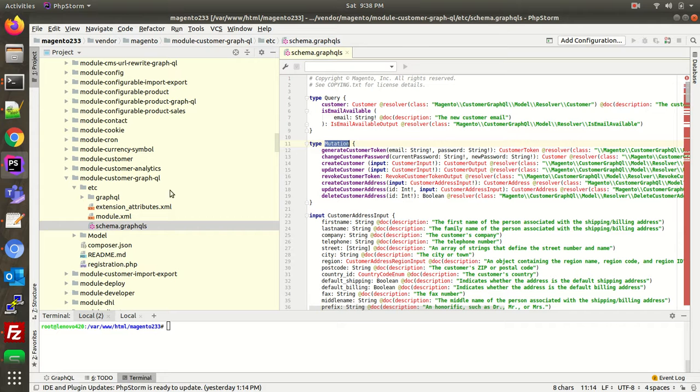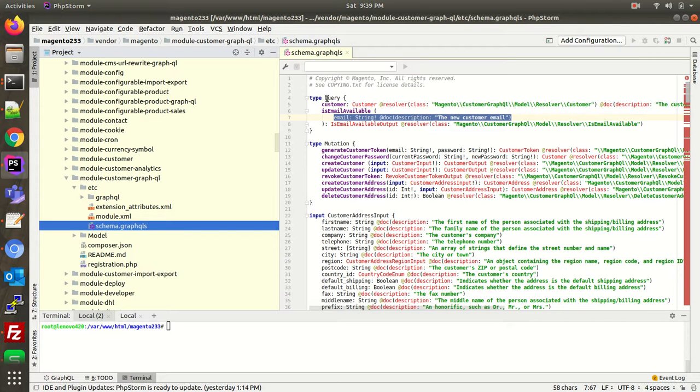So this is the schema.graphqls, and the whole schema is defined over here. As you can see, we have a query, we have customers, these are the types over here, this is the email, and it is taking the arguments over here. When I show you how it is working, at that point of time it will be very much clear to you guys. So for the time being, just go through it. The schema.graphqls defines the structure, what the types of inputs are, what types of outputs there are, and what the data type of it is. All those things are defined over here.